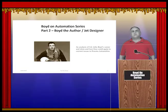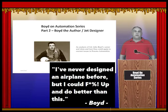The Air Force wanted to replace the failed F-111 and do so quickly before they are forced to accept another Navy fighter like the F-4. Boyd didn't need a lot of time for his evaluation. Boyd's words to the generals: "I have never designed an airplane before, but I could fuck up and do better